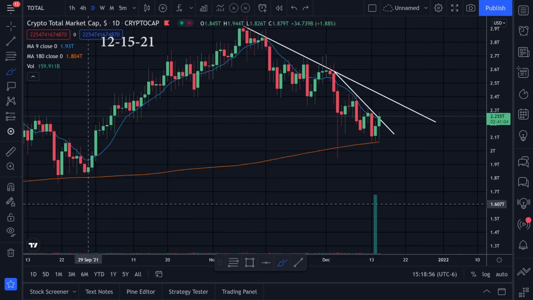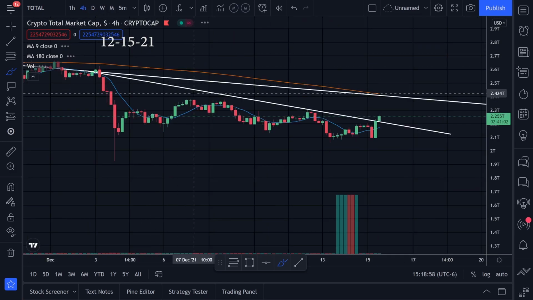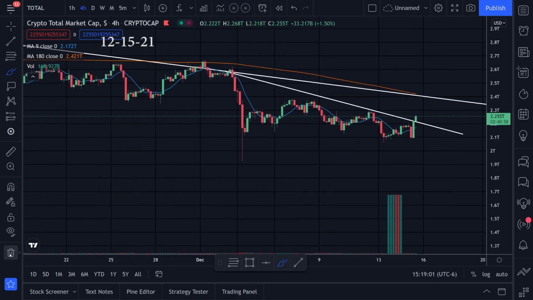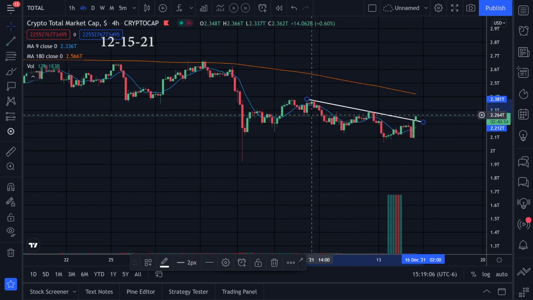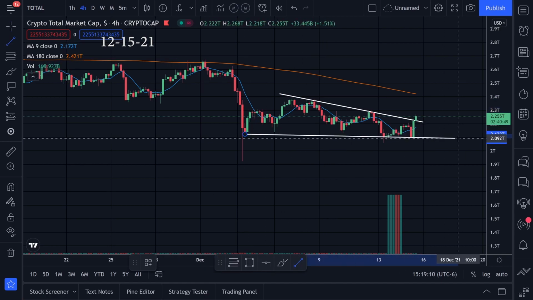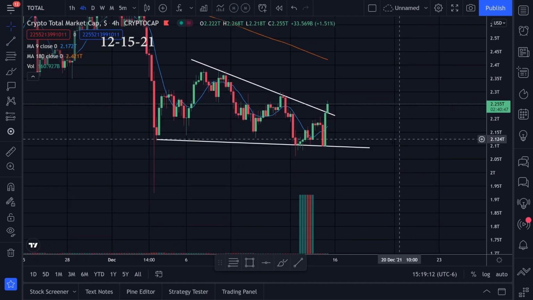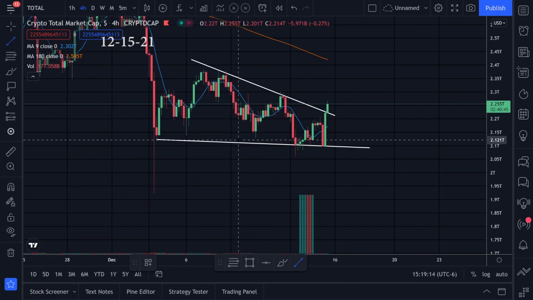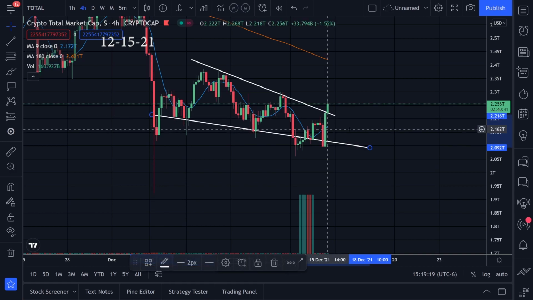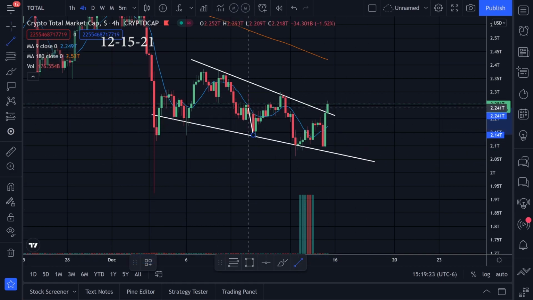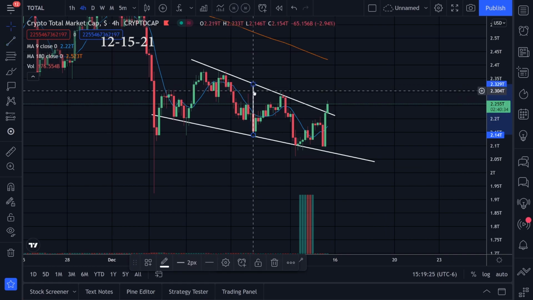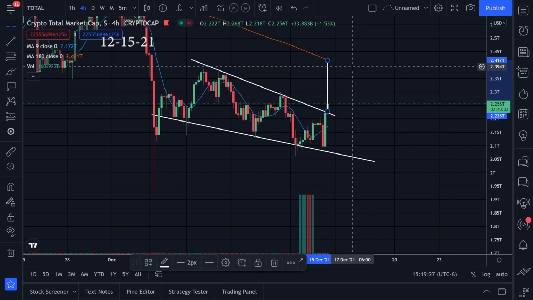Let's see if we could do that. Like I said though, let's jump over to the 4-hour time frame where we're looking at on Ethereum. Let's delete everything. The main thing I'm watching on this 4-hour time frame is this right here. We have this little pattern, maybe something like this, and I'm kind of curious if we can maybe complete this little pattern. Actually, like I said, I think it's more of a channel pattern like this. This one makes a little more sense. We have more points of contact. Maybe do something like this, drag from the top to the bottom of the pattern, drag to the breakout.